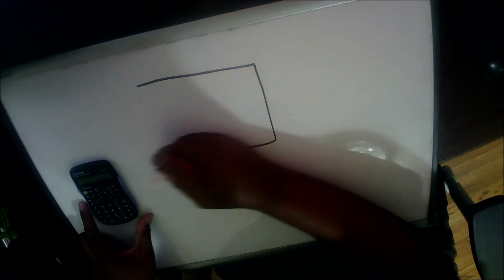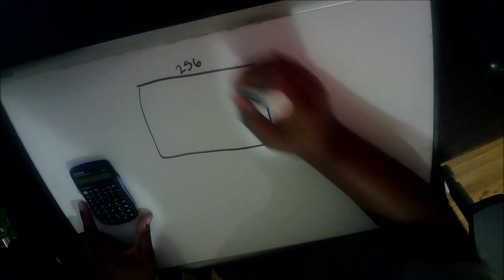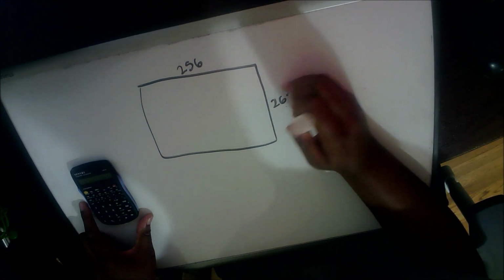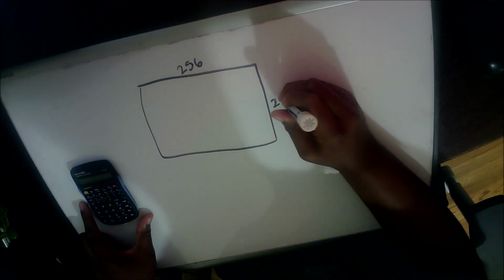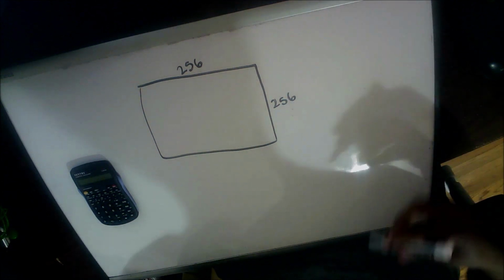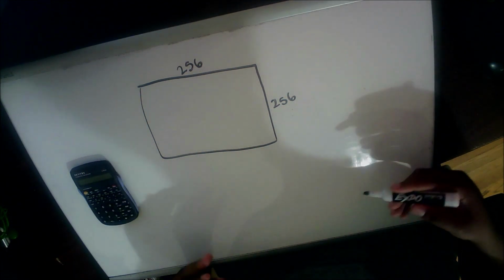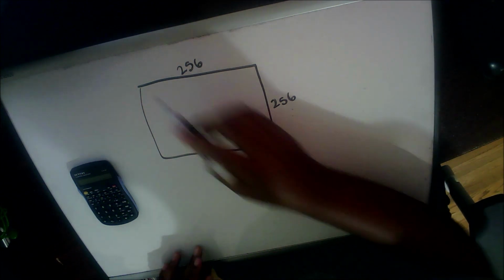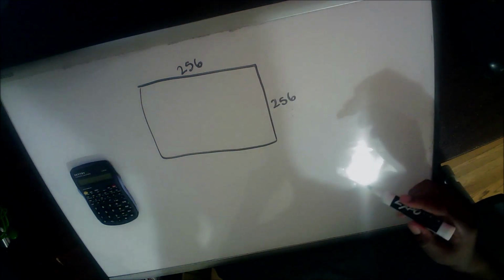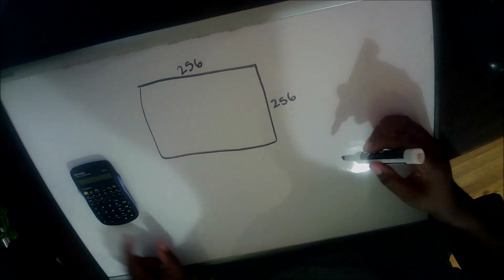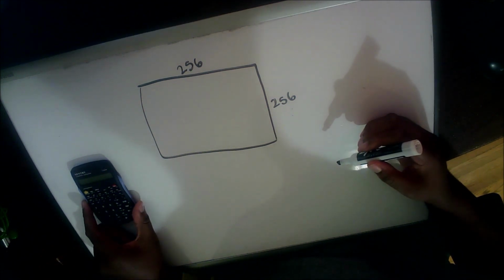So let's draw that out. If I have an array, let's just call this 256 tiles by 256 tiles, and each tile is a byte. This isn't accounting for the NPC data or any other specific information regarding each tile. But let's say each tile is a byte. So the size of each map in memory would be